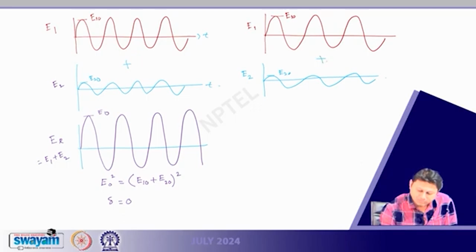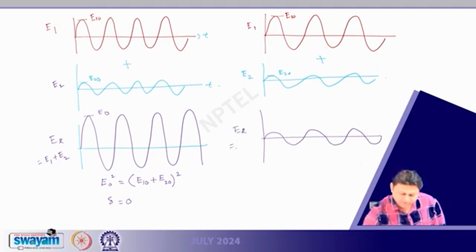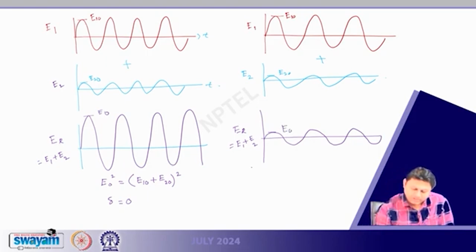And if I add these two, I'm going to get a resultant wave with less amplitude than the previous one. This is my ER, which is E1 plus E2, and this value is my E0, and here E0 square is equal to E10 minus E20 square of that. In this case, my delta is